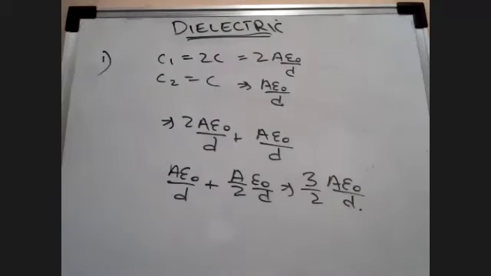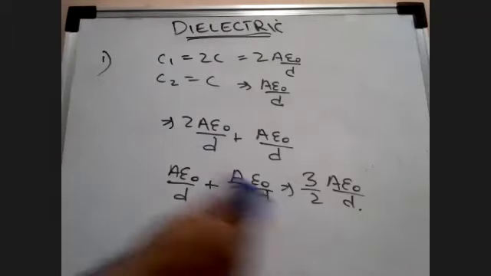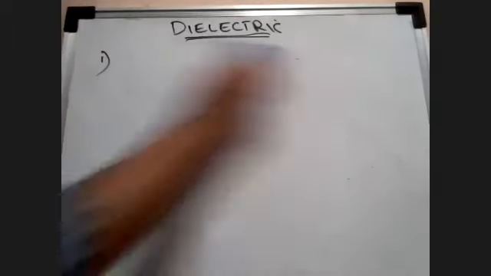So please keep that in mind, that when I say there is going to be a capacitor, and I say that there's a dielectric in between them, it can be possible that the area covered by the dielectric can be half of that area, or it can also be possible that the distance covered by it can be half of that. Okay, so we'll do another one with the distance half of it.